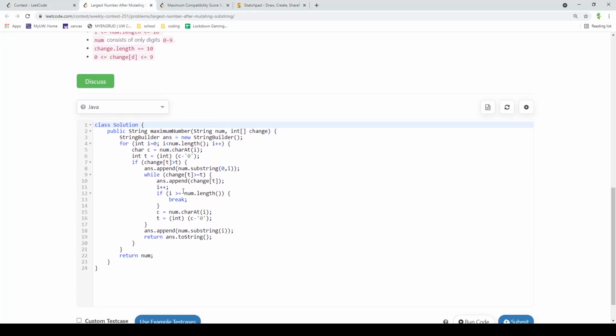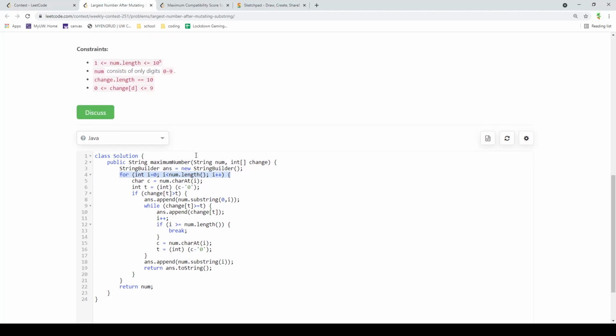And so you can just implement it like this. We will go through every number inside of our string, and I just get that as a number right here. And if mutating is favorable, so this change is greater than the actual number, because change of a number is what we can change that number to. So if it's greater, that means it's a favorable change, then we will perform our operation here